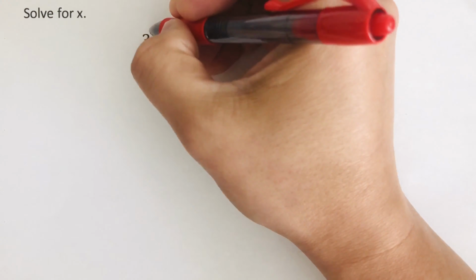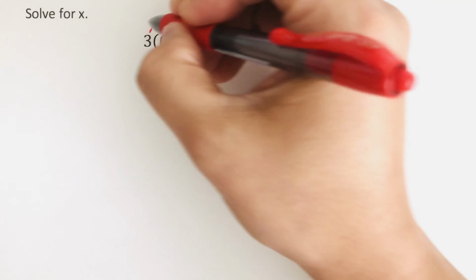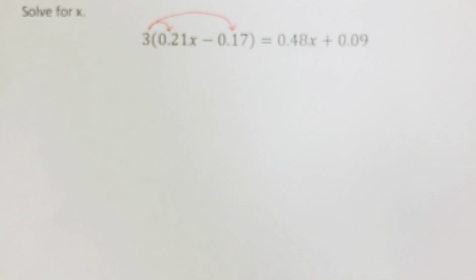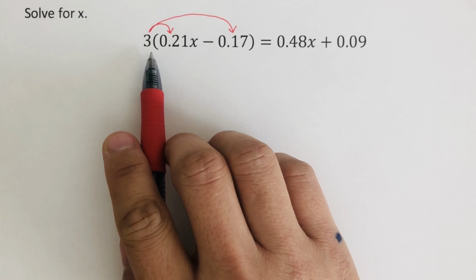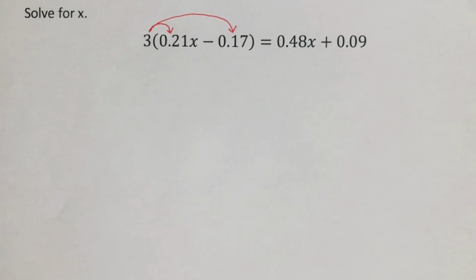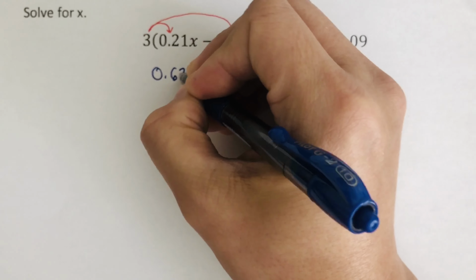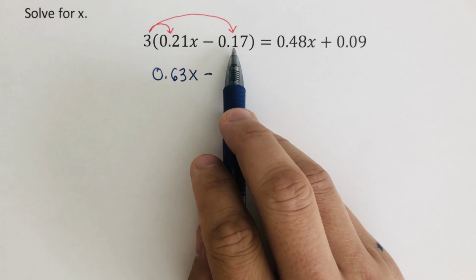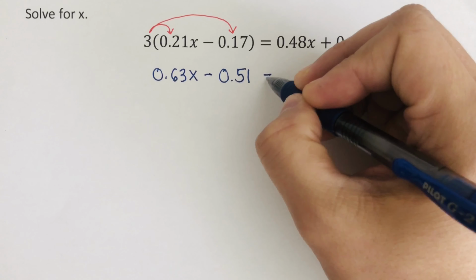So we are going to distribute the 3 to each term inside the parentheses first. So I'm going to distribute the 3 to both 0.21x and 0.17. So then we have here 3 times 0.21 would be 0.63x. So that is 0.63x minus 3 times 0.17 is 0.51. And that is equal to